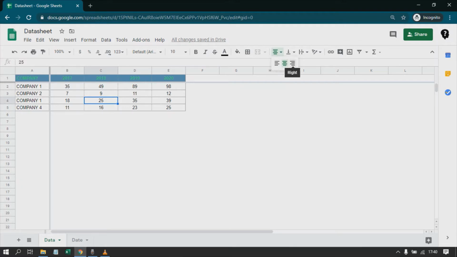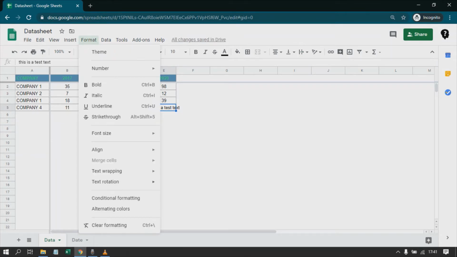Next you have this alignment: left, right, center, again vertical: bottom, middle, top. Then you have text wrapping. If your text is going, for example, this is a test text. Okay, now currently this is, let me reduce this. Okay, so now it is currently overflowing.